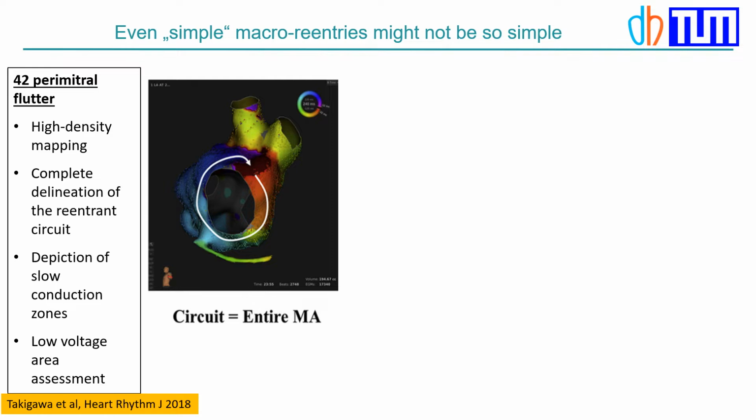Now, what can we say about high-density mapping of so-called simple macroreentries? Well, this is an interesting work from the Bordeaux group where they mapped 42 perimitral flutters, and you can see here an example of such a perimitral flutter in the 3D reconstruction and the high-density mapping. Here is the mitral annulus, and you can appreciate the reentry around the mitral annulus. And they found that of these 42 perimitral flutters,